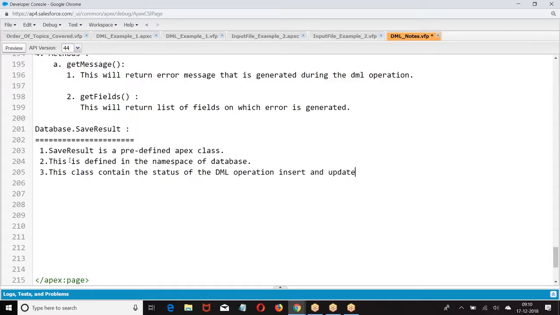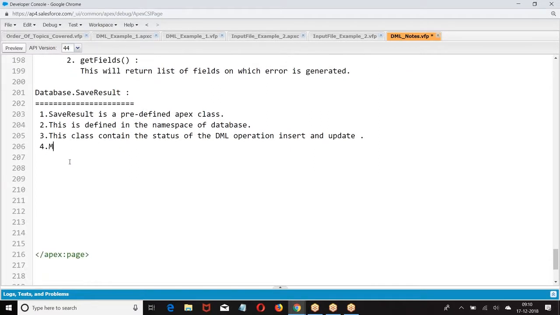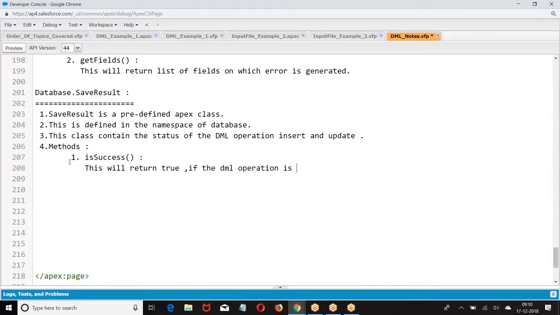Insert, update. Now, methods. First one: isSuccess. When you made a DML operation, is it a success or a failure? If the DML operation is success, if the DML operation is failure.